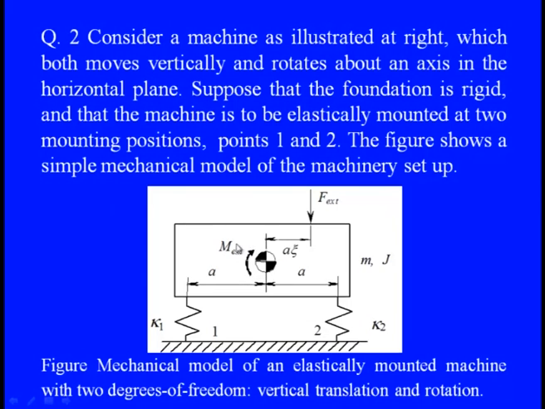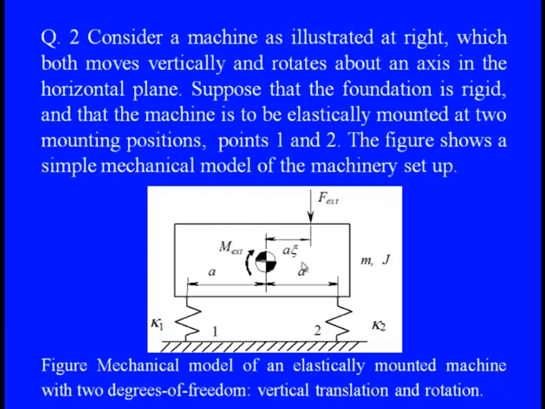So we have the moment being excited, and the force, and this force is not passing through the center of the machine, the centroid or the center of mass. It is an eccentric feature, and this eccentricity can be measured as A into zeta. Now suppose the foundation is rigid, so there is no deforming feature with the foundation part, and